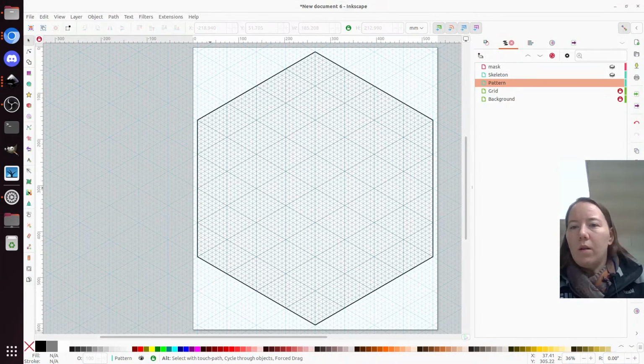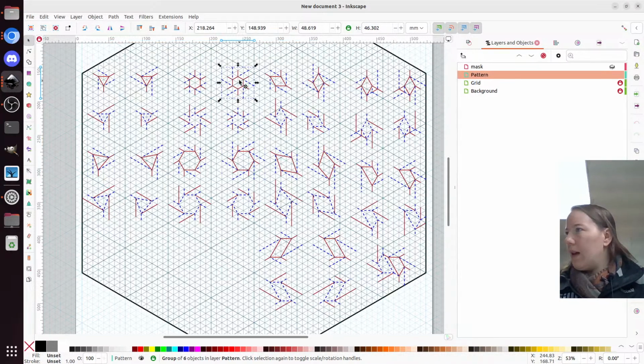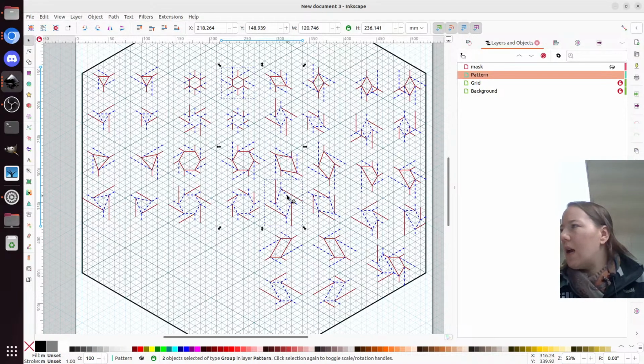And this one, I'm going to have, let's see, let's go with closed, and then let's do an open rhombus on the back, and